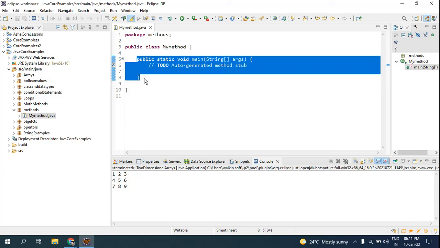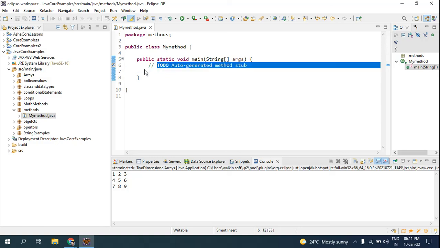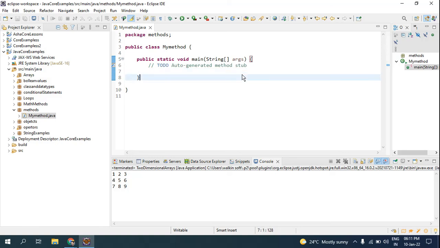When I started the Java sessions, I told you every class should have a main method where your code has to be executed. Whatever code you write for an application, you will have a main method in which your code gets executed. Look here, sysout. This is a print method, even this is known as an inbuilt method to print out something you need. And this works only inside a main method.